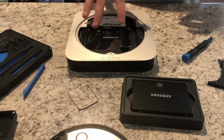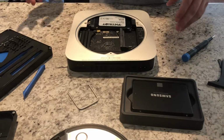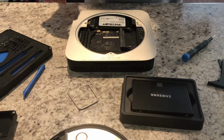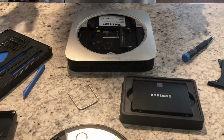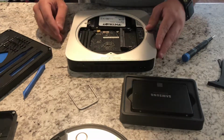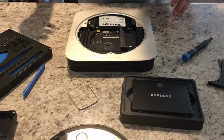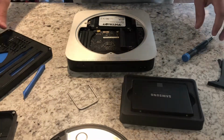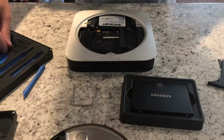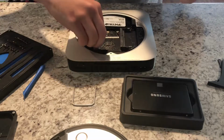You have here your logic board. Right here is the Patriot SSD that had failed. With how I have this set up, I don't believe that I need to remove the logic board or pry the logic board out, but I am going to go ahead and do so just to make things a little bit easier. First, you will remove a couple more screws. There's a screw here on the logic board. You'll remove that,